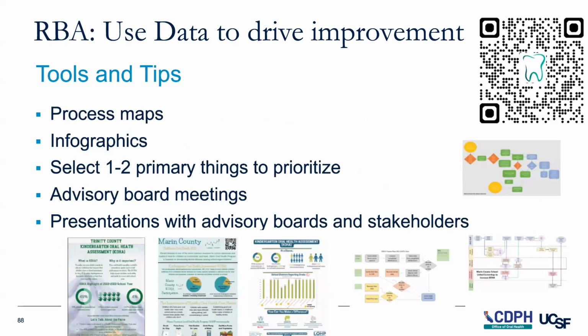And so on the COHTAC webpage about RBA, which we developed with the Office of Oral Health over the last couple of years, are some different tools and examples that can help you in that data communication process and that turn the curve process. So we have process maps, which these little icons, these little pictures on the right are examples of, and infographics that help you communicate your COHA outcomes and your data to different stakeholders. You can tailor these to a parent audience or a school board audience or your advisory board, maybe one that has providers on it. And these are really helpful at advisory board meetings or other areas where you're trying to partner with other people in the community who can help you reach your COHA goals.